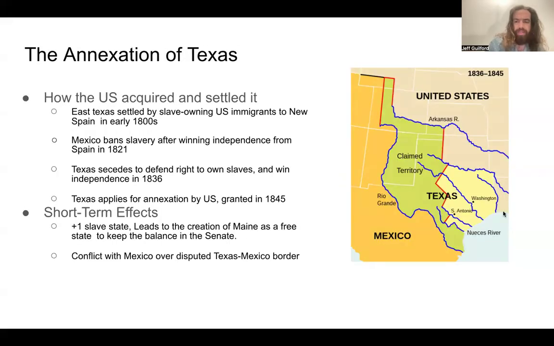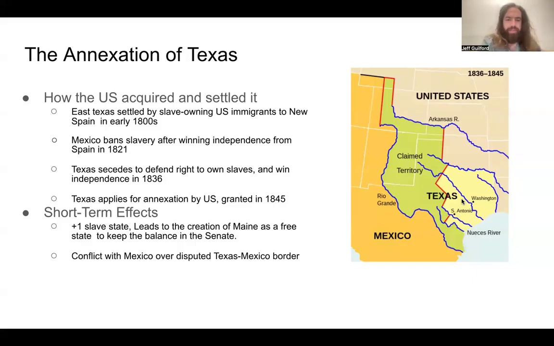U.S. White slave owners to come in and settle the east coast of Texas, which was, turns out, perfect cotton growing land. So, over the first couple decades of the 1800s, you get an immigration of people from the United States to Mexico, wealthy Southern landowners bringing in enslaved folks and setting up cotton plantations in East Texas.